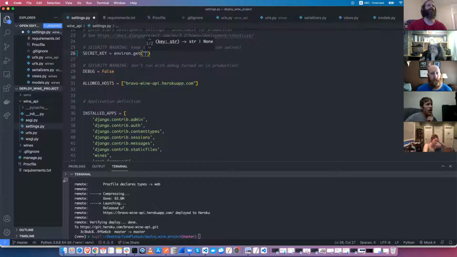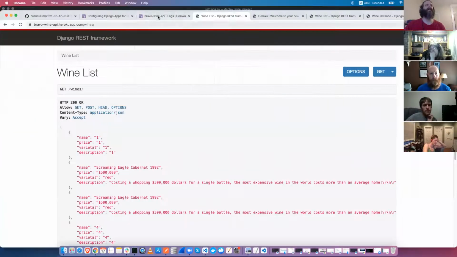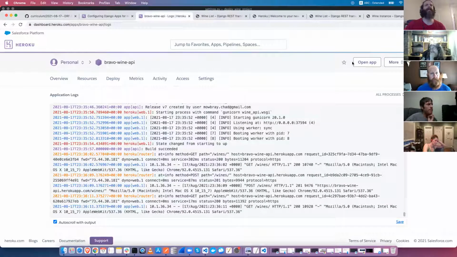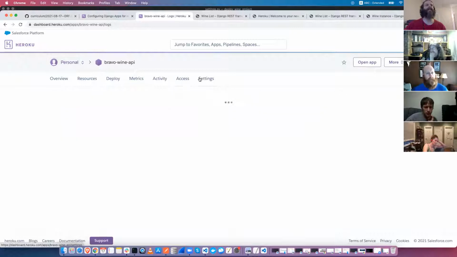Just to make it slightly different, I'll call it my secret key. And then I'm going to go into the admin panel, my application, the settings,